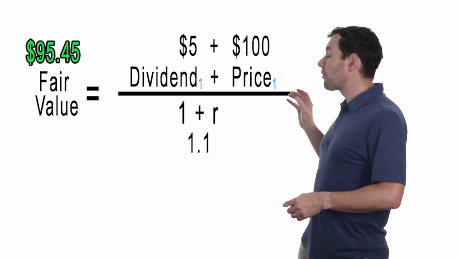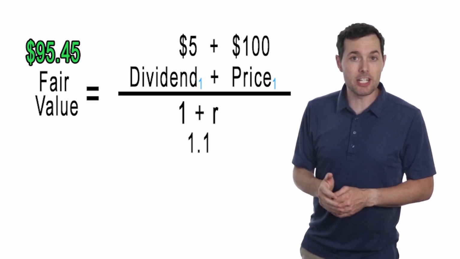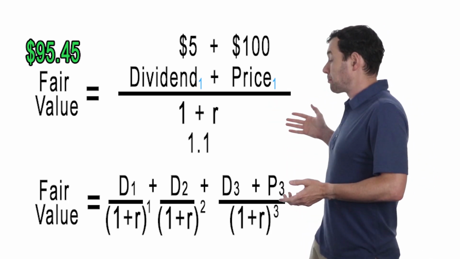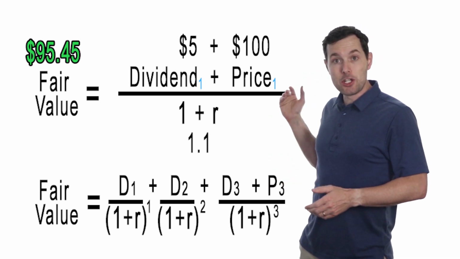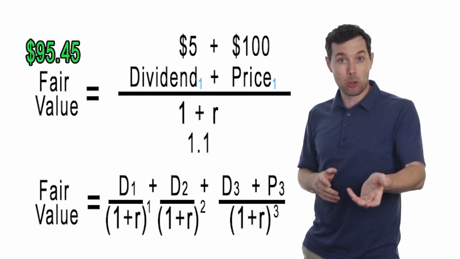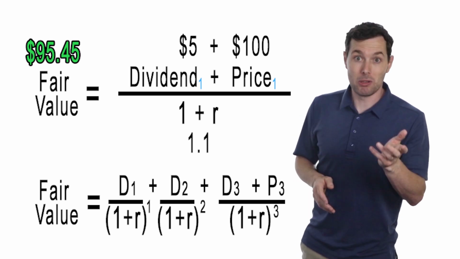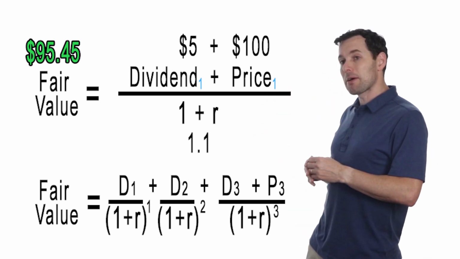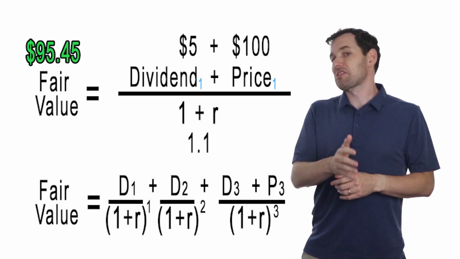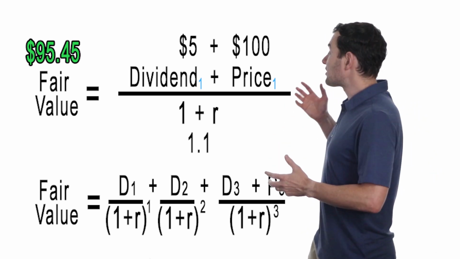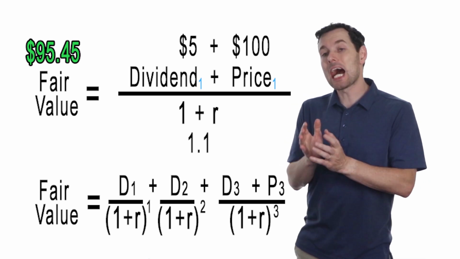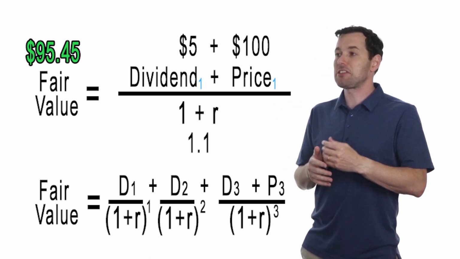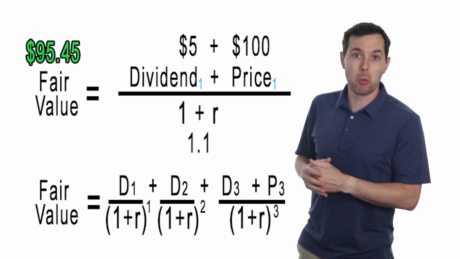Now, what if we wanted to hold this stock for more than 1 year? If we were going to do it for, let's say, 3 years, the formula is pretty simple. Dividend at year 1 divided by 1 plus R to the power of 1. Year 2 divided by 1 plus R to the power of 2. Same thing for year 3. And then in year 3, in this example, we're going to assume a price at which we're once again selling the stock. So we could use this exact formula for however many time periods we want to use, if we believed we could reasonably forecast that many time periods.